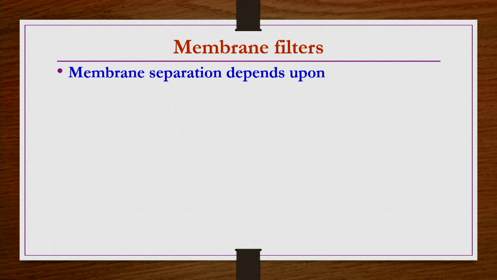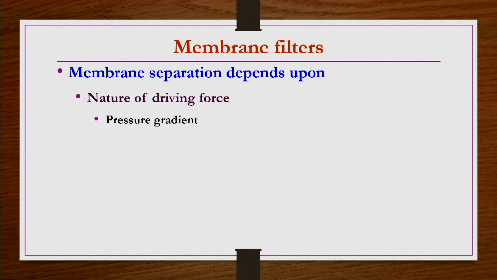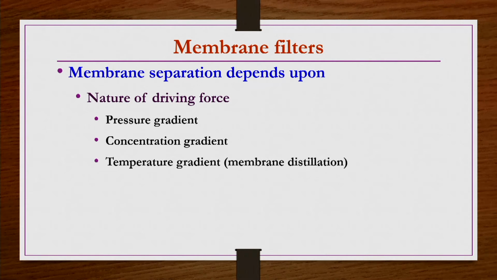Membrane separation depends upon the nature of the driving force that we have seen. For a given type of separation, you need to find the appropriate nature of driving force. If only one driving force is required, fine; if more than one driving force is required, then you have to identify the other driving forces and apply them accordingly. So membrane separation is going to depend on the nature of the driving force, such as pressure gradient as already seen, temperature gradient, concentration gradient,